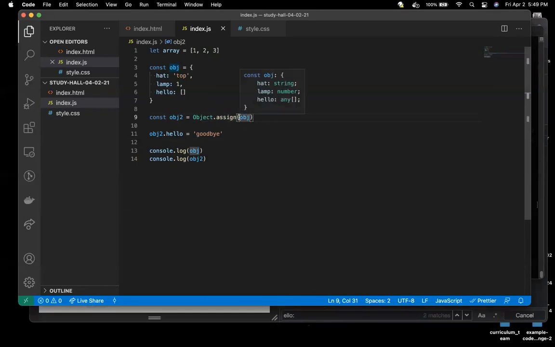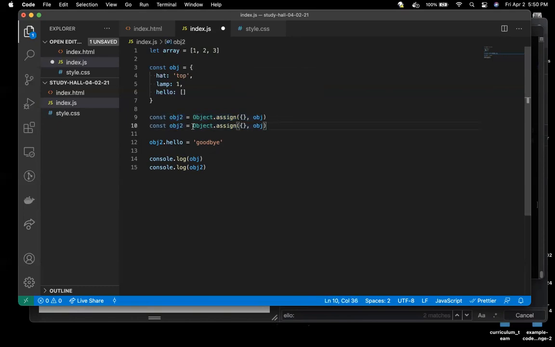but by passing in an empty object here, we're actually creating an object, declaring one here, and then adding whatever values in this object exist into this new object here. So in the lab that you get to for the object lab, you do a lot of this, where you have to make a copy by setting up this empty object. The alternative is the more modern JavaScript syntax, which would be